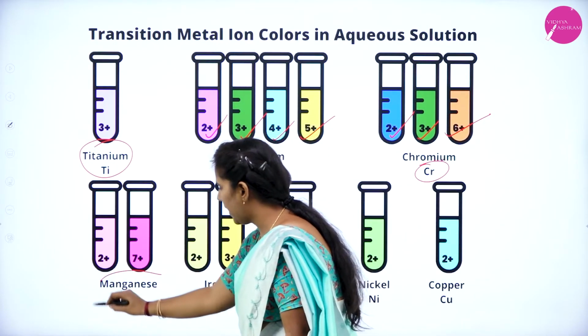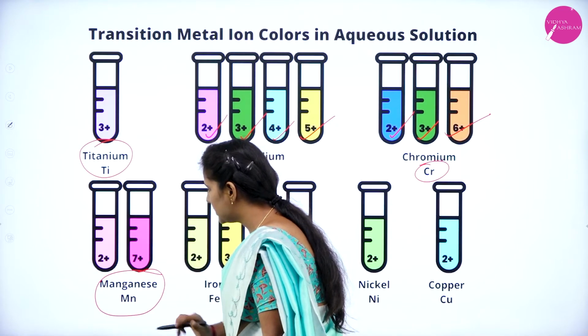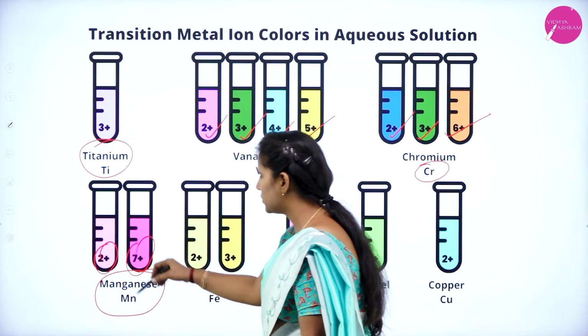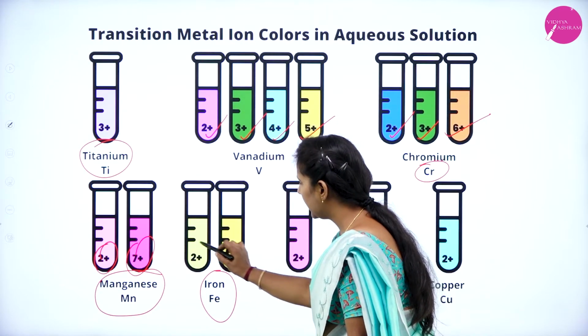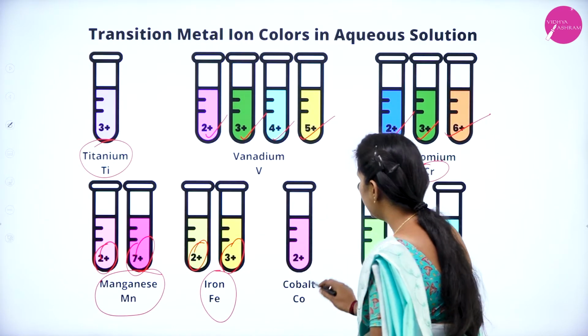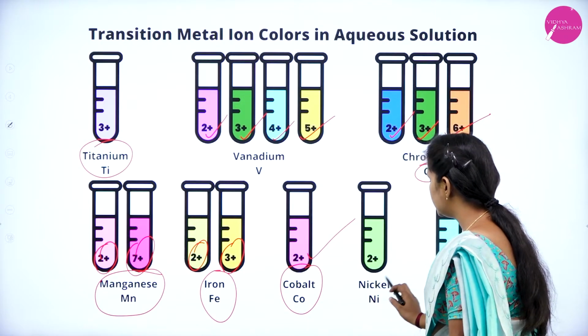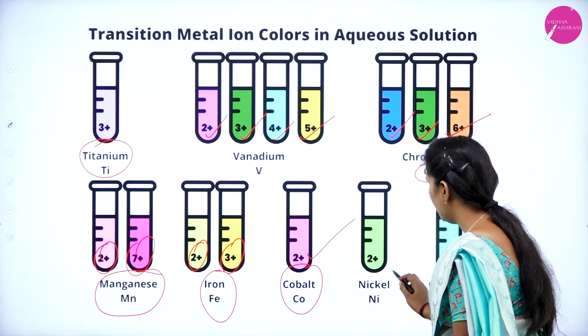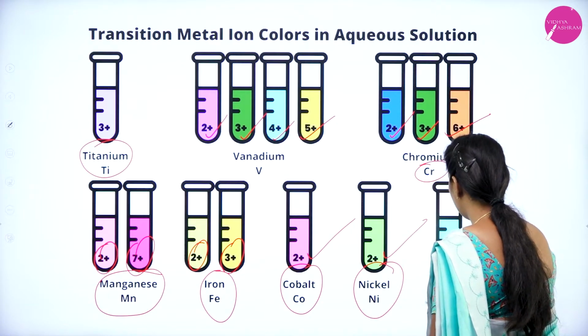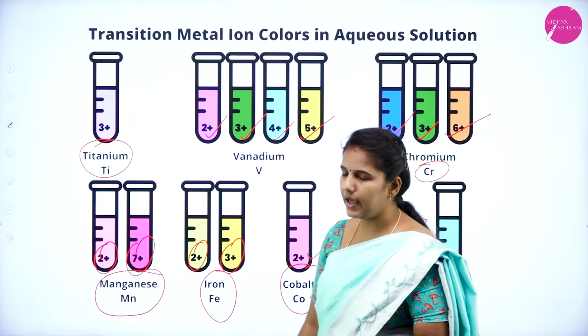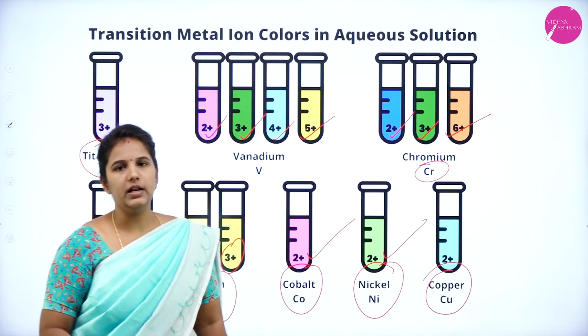Similarly, you can see that manganese shows a light pink as well as a dark pink color in the +2 and +7 oxidation states. Similarly, iron shows light yellow and dark yellow in the +2 and +3 oxidation states, and cobalt in the +2 oxidation state shows a pink color. Nickel in the +2 oxidation state gives a green color. Similarly, copper in the +2 oxidation state will give a